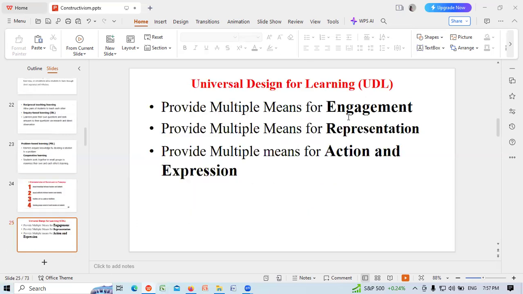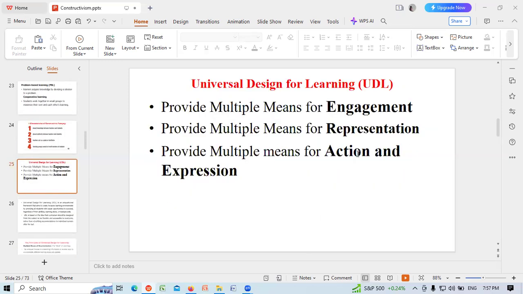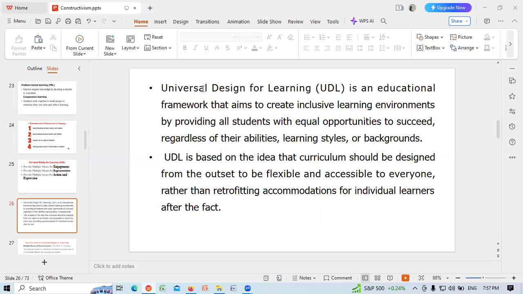Universal Design for Learning (UDL) provides multiple means of engagement, multiple means of representation, and multiple means of action and expression. Universal Design for Learning is an educational framework that aims to create inclusive learning environments by providing all students with equal opportunity to succeed regardless of their abilities, learning styles, or backgrounds.